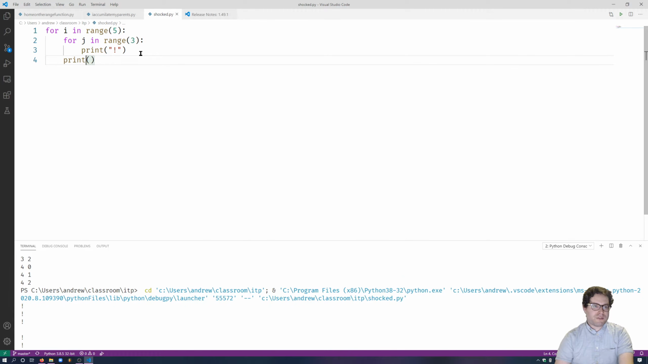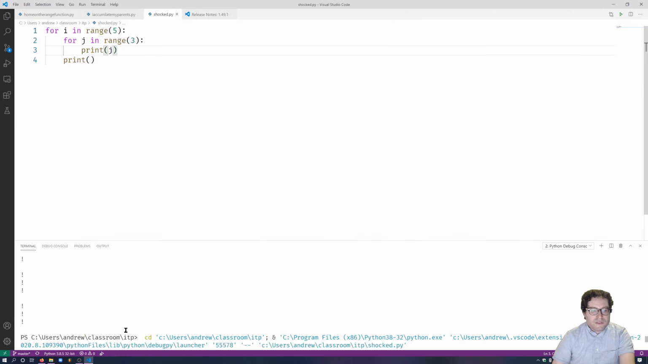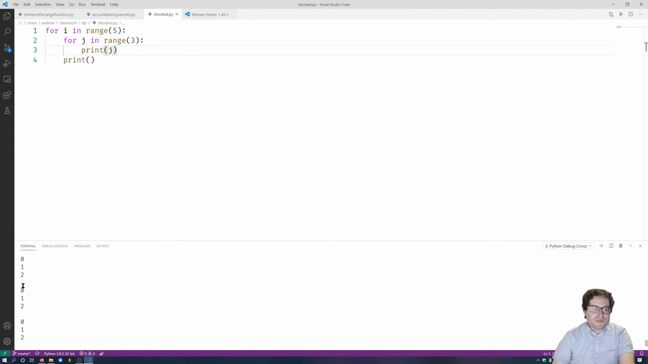So J has this value. Let's go ahead and print out J and see what values it has. 0, 1, 2, 0, 1, 2, 0, 1, 2, 0, 1, 2. It prints out 0, 1, 2 five times, right? Because we said let's do this loop 5 times total. Okay? So let's go ahead and run now